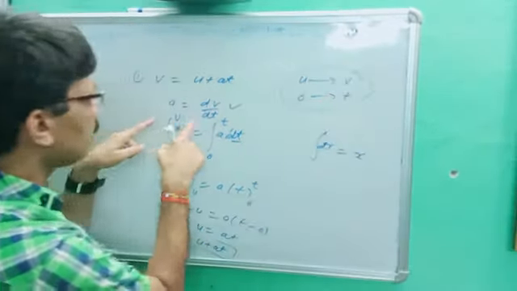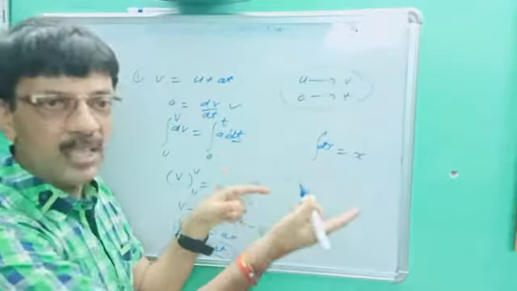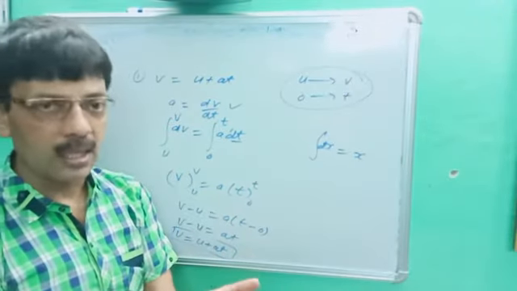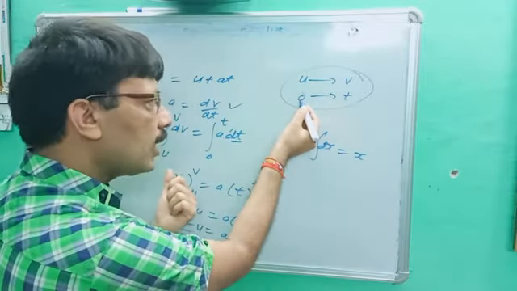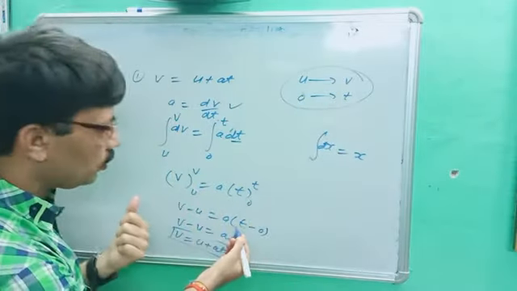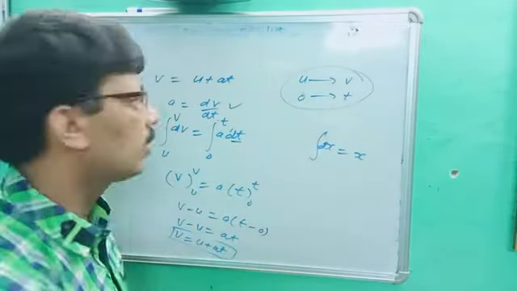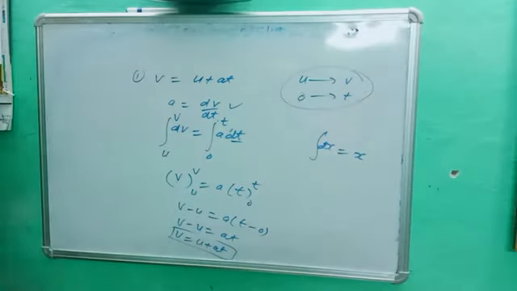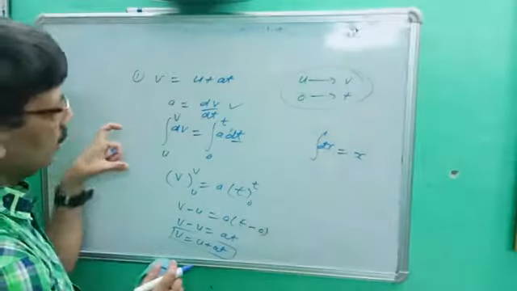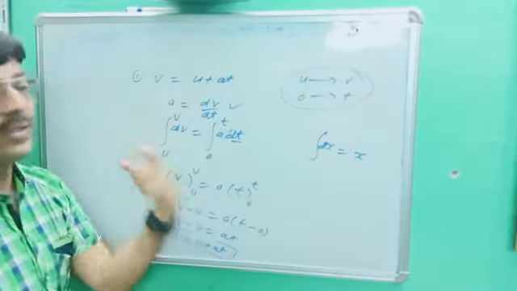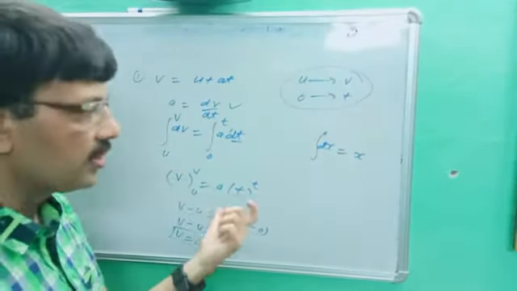If dV is given, you have to take the limit of V. If dx is given, you have to take the limit of x. Here dt is given, so you have to take the limit of t. It can take t1 to t2 as well, because t2 minus t1 is again t. So this is the first answer for you. Are you getting the point? We are studying the application of integration in physics, because our aim is physics.